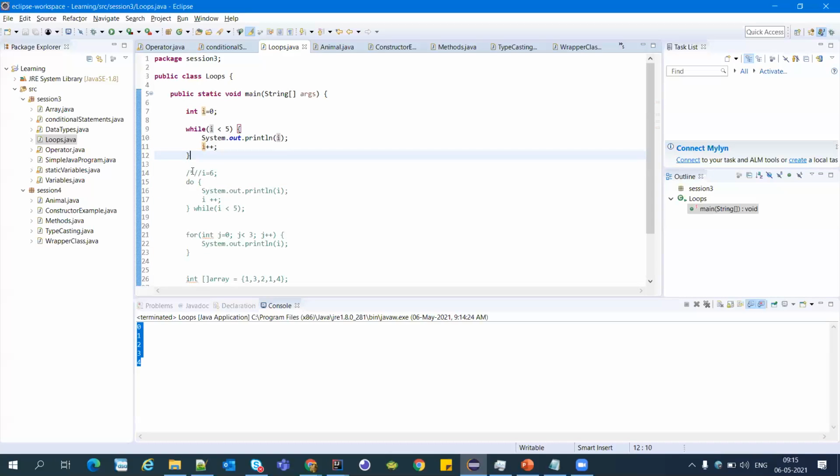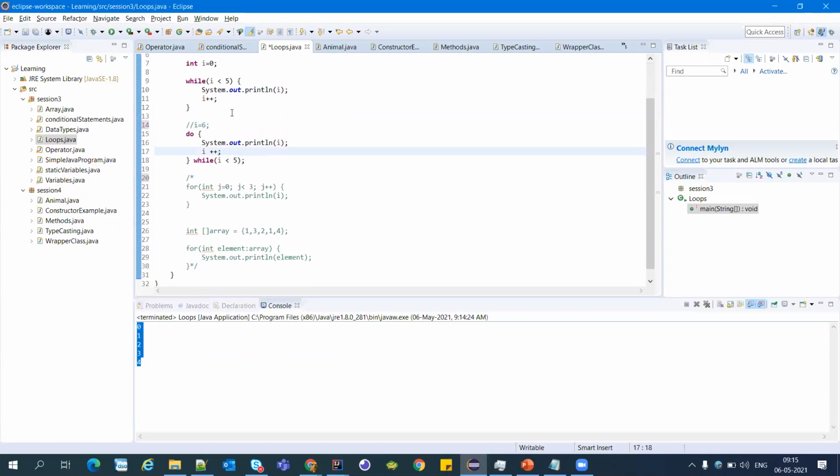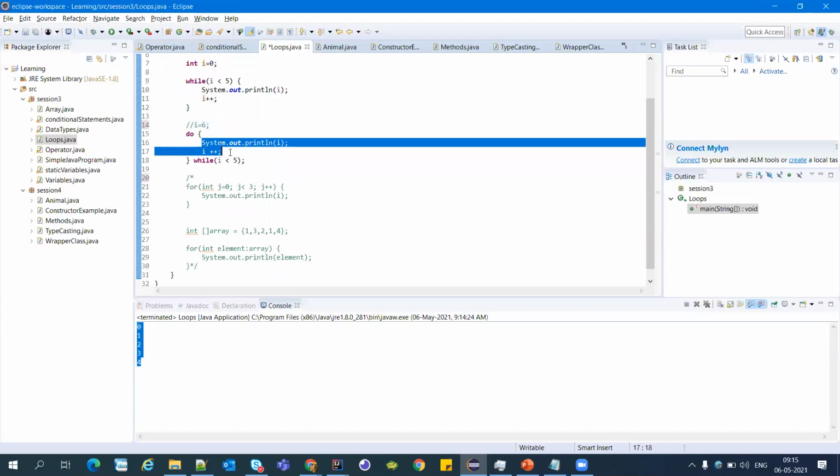Similarly, we have do while. Do while is somewhat similar to this, but in a do while, the code is executed the first time without checking any condition.